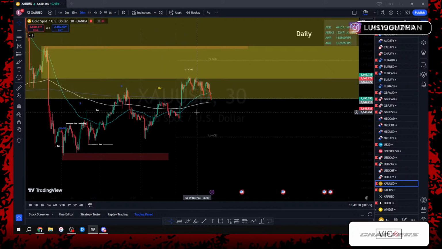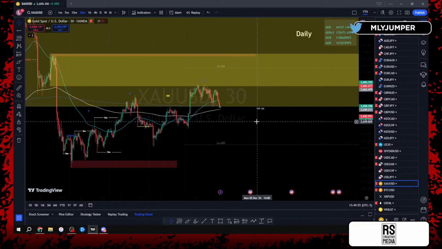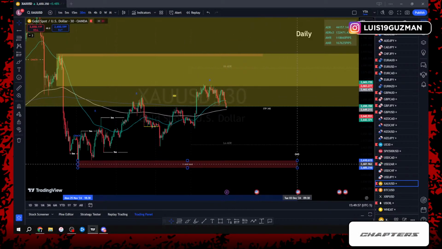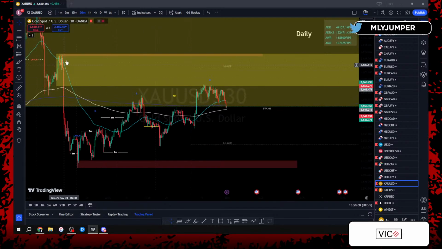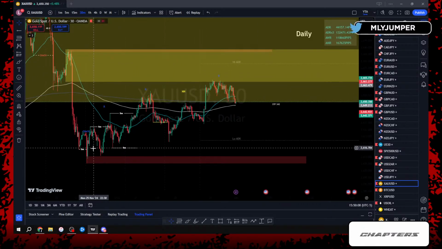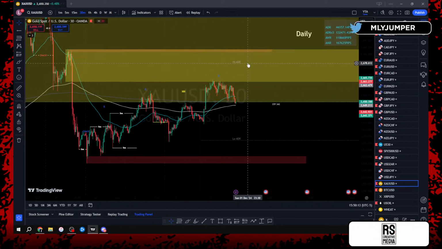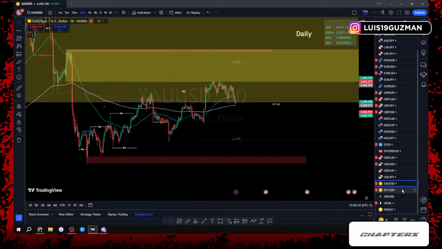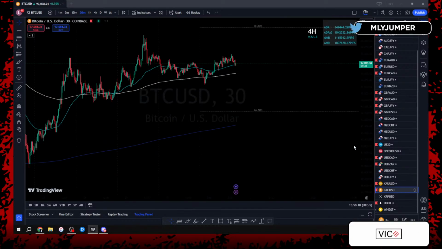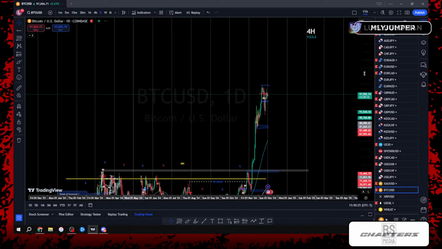So right now for gold, once again, if it's not continuations on the 30-minute time frame, if it's not following structure, like again, I don't want to see a 372 going long when price is still giving me lower lows and lower highs. I would rather take a 372 going short when price is giving me lower lows and lower highs, and vice versa. If we're trading higher highs and higher lows, then I'll look for a 372 going to the top side. So right now for gold, I'm just gonna be playing the sidelines. I'm not gonna mess with that. Gold wins, man. They got it over there. I'll let the pro traders trade gold.